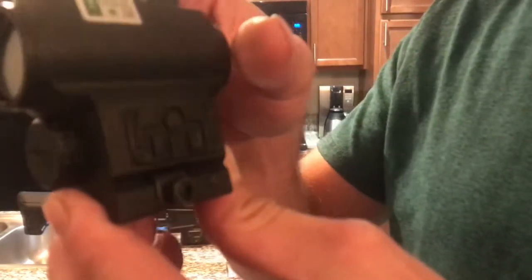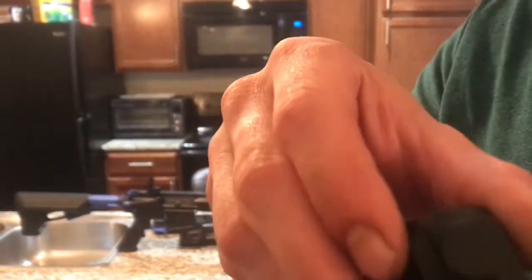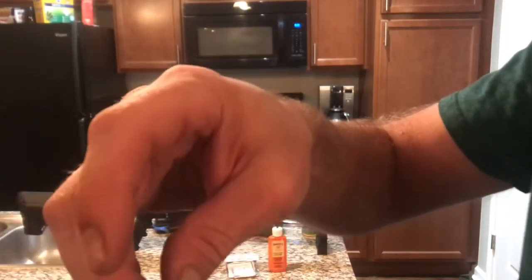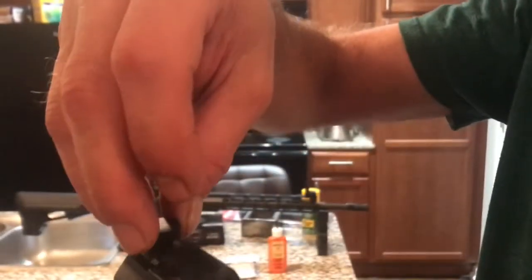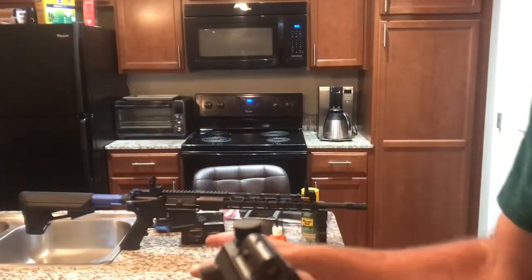So if you look closely, it's pretty neat. Pretty nice little setup here. Oh, what's that right there? What's this on top? What's this guy here? Well, if you take those off, you probably know. When you're trying to zero this in and you don't have a flathead screwdriver, which the box doesn't come with,